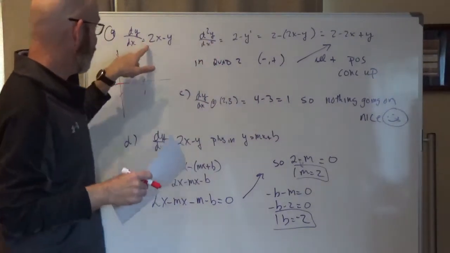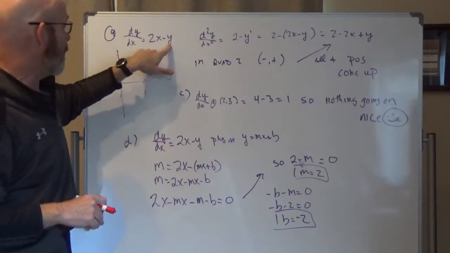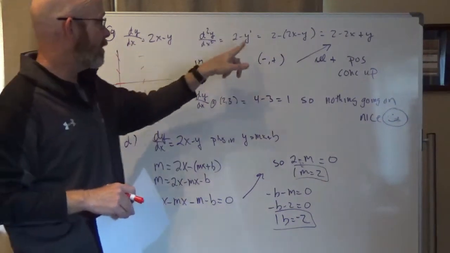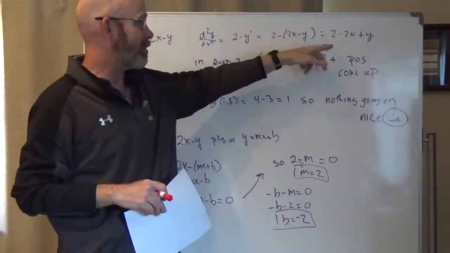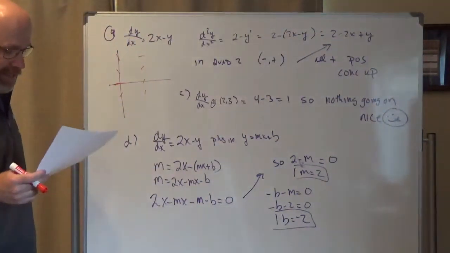So the second derivative of this is just the derivative of this, which is 2 minus dy/dx, or y prime. But this is y prime, right? So 2 minus y prime, 2 minus (2x minus y). You could probably leave it like that. I just distributed the minus sign through. And then it says,